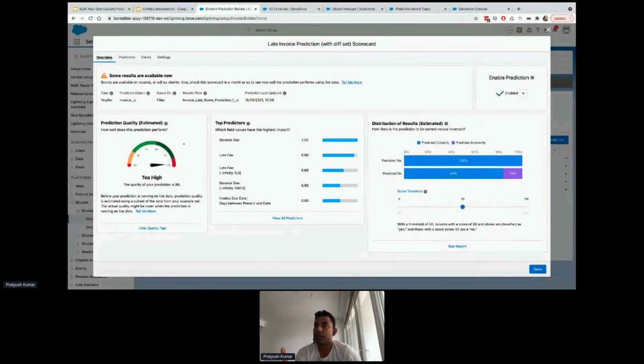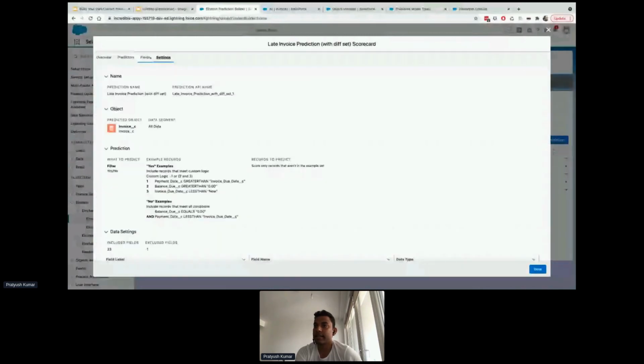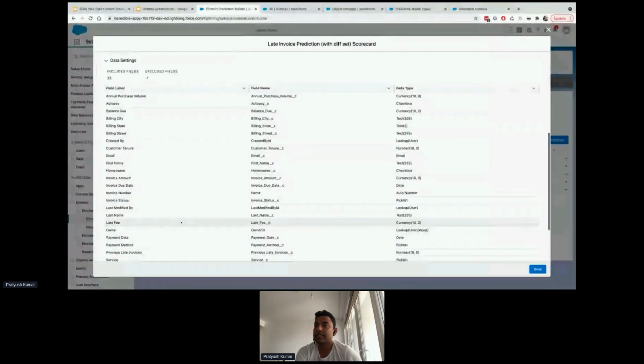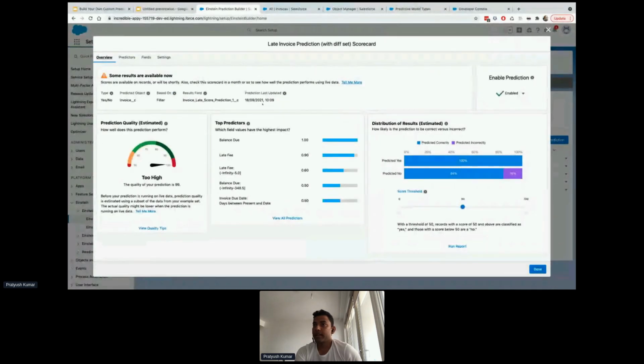What we are going to do is go through this particular prediction. It's the same prediction, same criterias. If you see over here, not here, sorry, under settings, it's the same criteria, yes examples and no examples, the same set of data. But to provide a brief overview of this page,